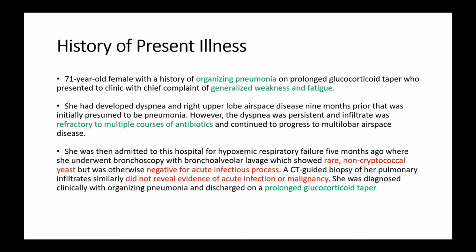And then lastly, she was on a prolonged corticosteroid or glucocorticoid taper. Several things I would question here. I would want to know, what dose was she on? How long was she on these steroids? We know some of the side effects of steroids. Is she now immunocompromised? Does she have potential relative adrenal insufficiency with a new stressor? Did she stop taking these steroids abruptly? Or is this new weakness just a side effect of her steroids?